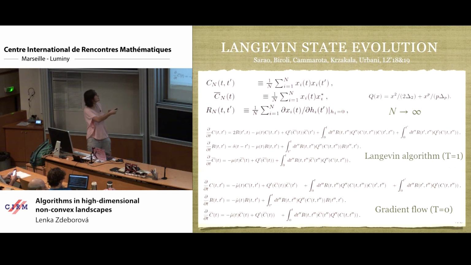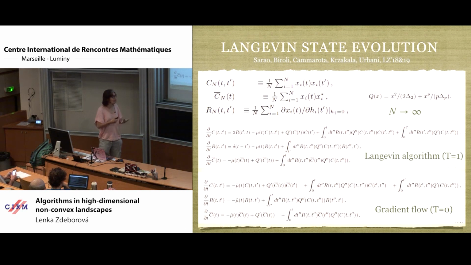But to write a closed equation on this one, it will depend on two other ones. So you need three equations to describe these three quantities. This quantity is a correlation between two configurations that the Langevin or gradient flow is sampling at two different times. And this third one is a kind of response function: if you perturbed everything a little bit at the beginning, how would the dynamics change? So you define these three quantities. This is just the definition.